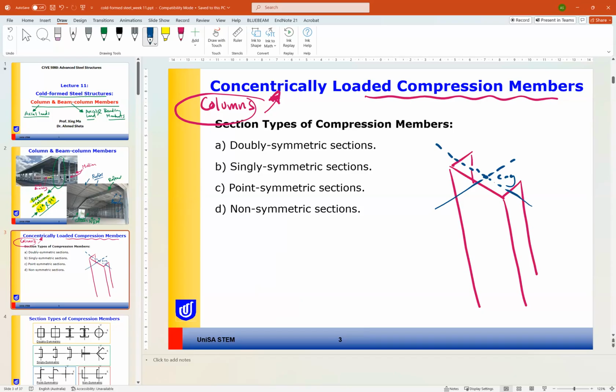Sorry, let's make it easier, because if we apply the load here, it will not be concentric. So we have columns without any bending moment. For example, if we have a double